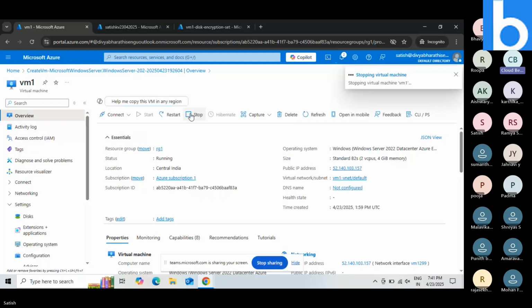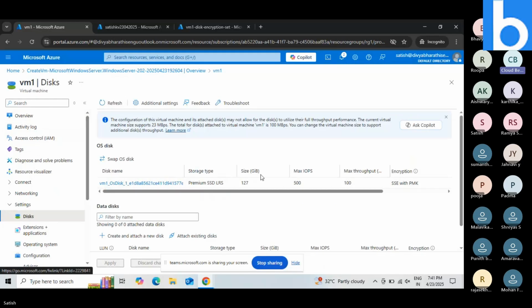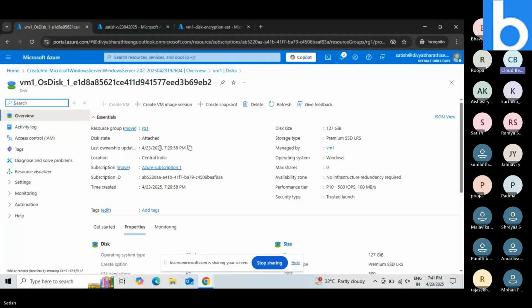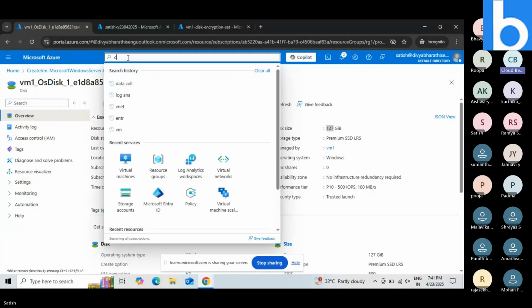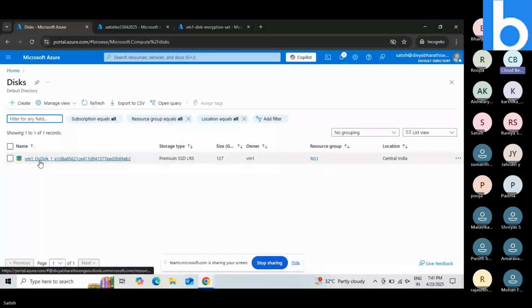So let me stop the machine and I go to my disk, and here you can see that the OS disk has an encryption mechanism known as PMK. Correct. I go to my disk, and this is my disk, about the size of 127 GB, which has been attached to my VM1. Can I just type disk here and see that? Yes, you can. Just see, you can see it here, attached with a VM. So let me go here